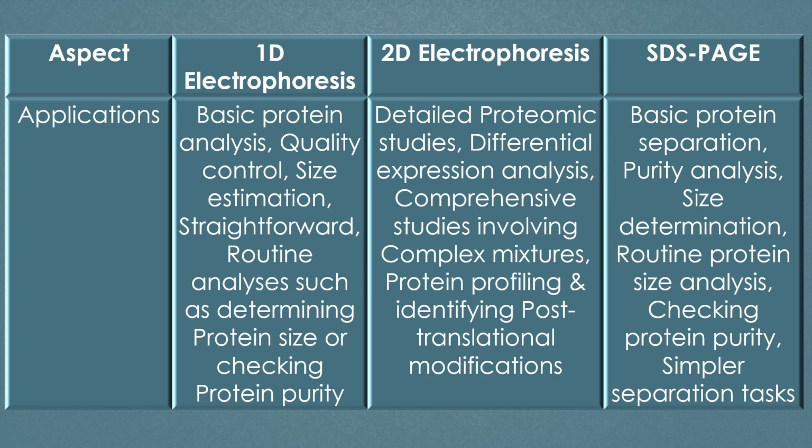Finally, applications. One-dimensional electrophoresis is useful for basic protein analysis, quality control, size estimation, and straightforward routine analysis such as determining protein size or checking protein purity. Two-dimensional electrophoresis is useful for detailed proteomic studies, differential expression analysis, comprehensive studies involving complex mixes, protein profiling, and identifying